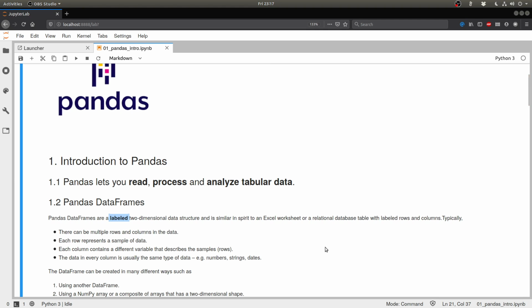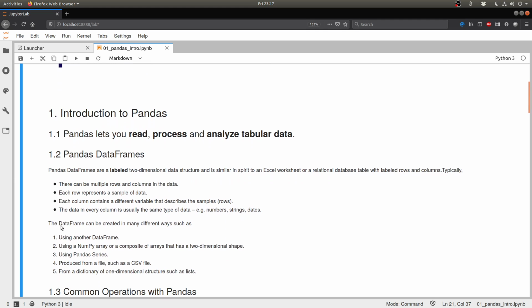And by now, we have also spoken in quite some amount of detail about tabular data. But let's also revise it just for the sake of completeness. So we know that each row represents one sample out of all the data points that you've collected. Each column contains a different variable that describes the sample. Essentially, each column is an attribute of the thing that you're measuring. And the data in every column is usually the same data type. That is, if you're measuring somebody's height, then the whole column is more likely to contain numbers rather than strings, and so on. So that's basically what creates a data frame.